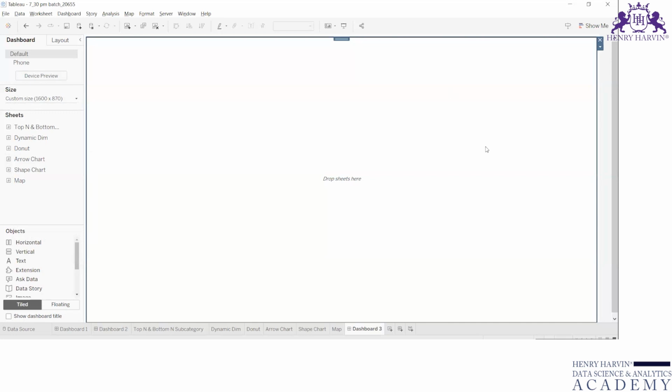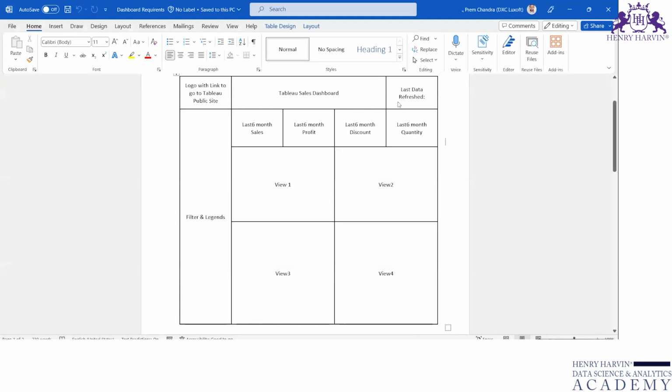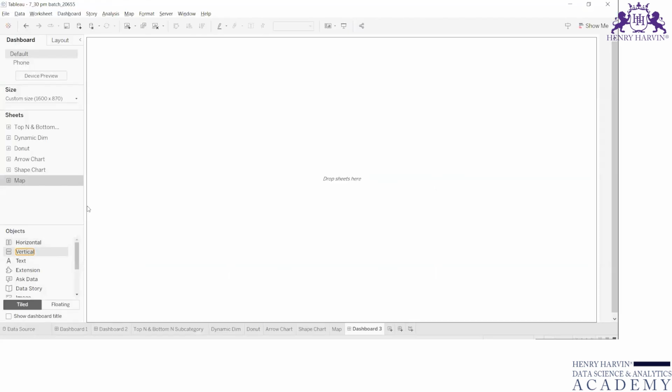Now, once my dashboard container size is fixed, now I have to adjust. These are, let's say, the 4 views that I have to use. So first, according to my requirement, I need to add a title and logo, so I'll first add a container like this on the top. When you see this grayed out, you have to drag and drop, right? I haven't released my mouse yet. So once I see that,